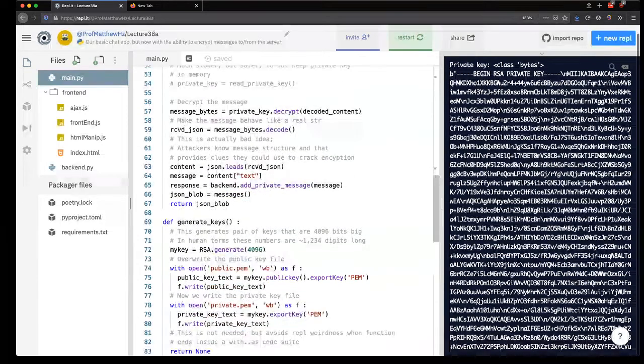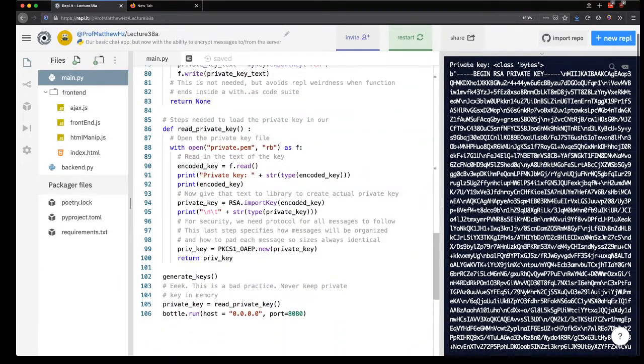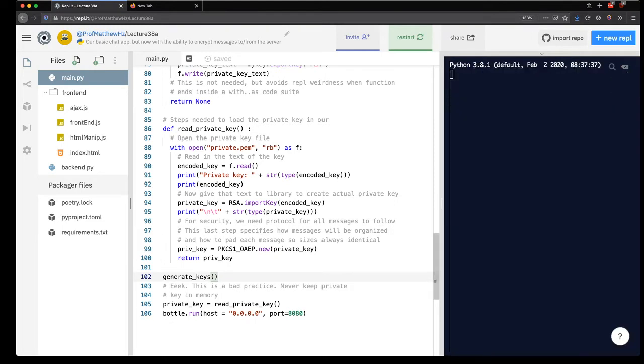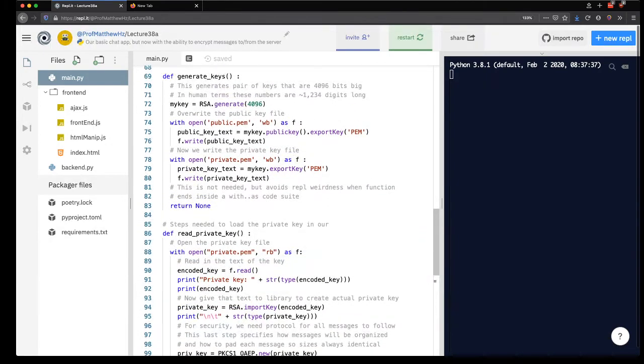So when the program begins, we have to do a couple of steps. And it's already actually started. I'm going to reload this just so we can see it. And what I have the program doing right now is each time we start up, we need that public key and private key. So I have this function generate keys, which I wrote to do that. If you look, I have the function up here. It's going to start by using that